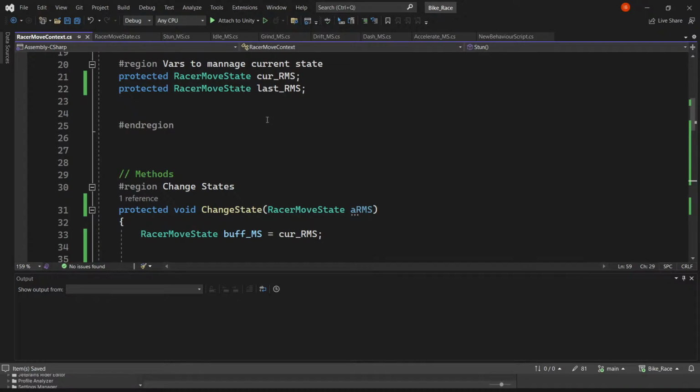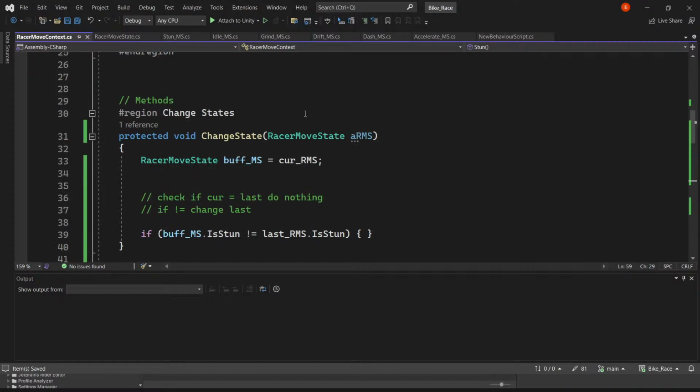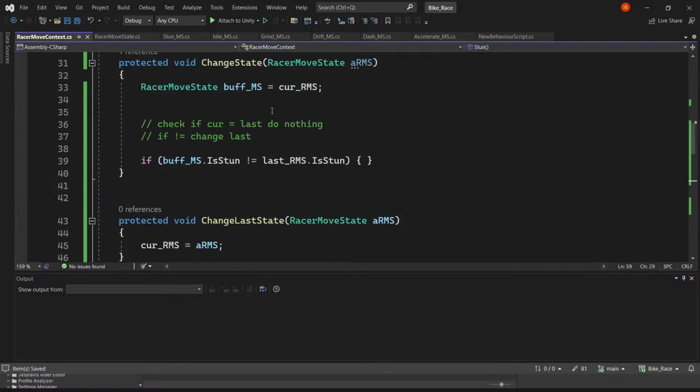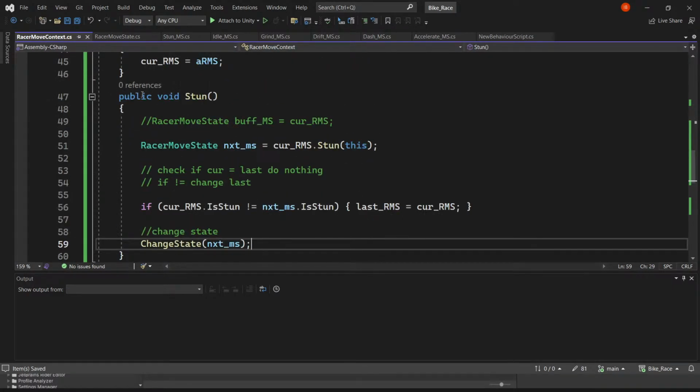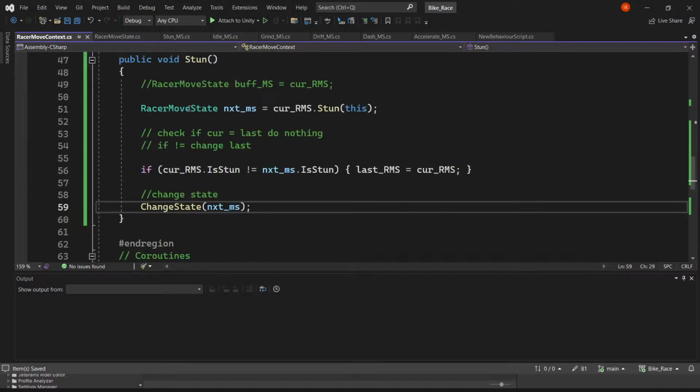So if you're following along with this, I would just recommend finishing out this, doing this same method for the idle grind, the rest of the move states, and then also installing the new input system would be a good thing,